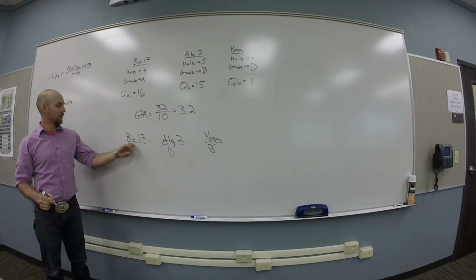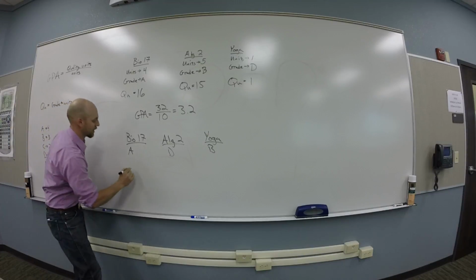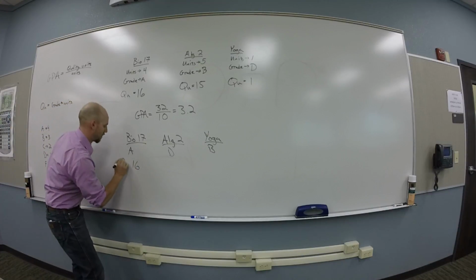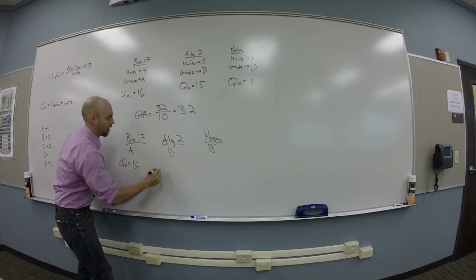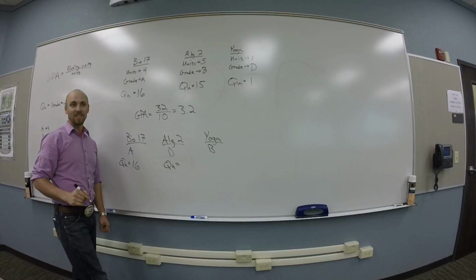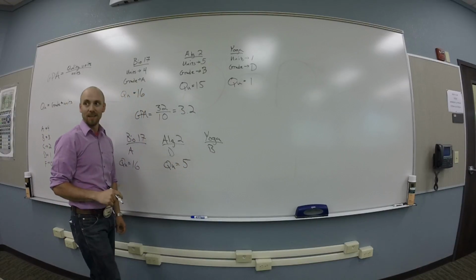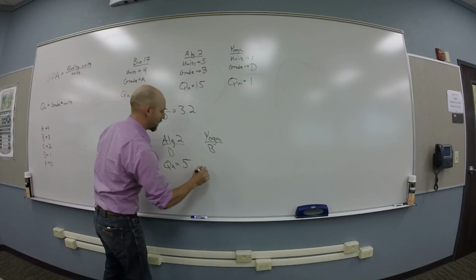How many quality units then is Bio 17? Still 16. How many quality units is Algebra 2 now? 5 instead of 15, right? That's a big hit. And Yoga is